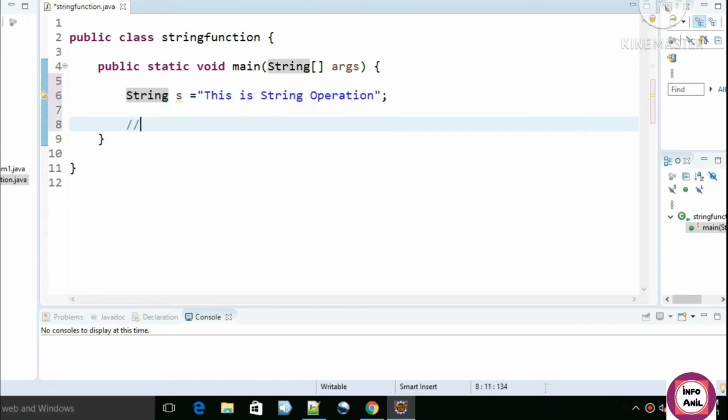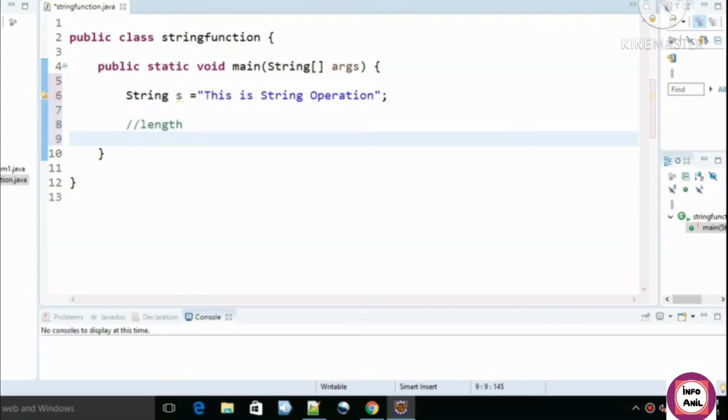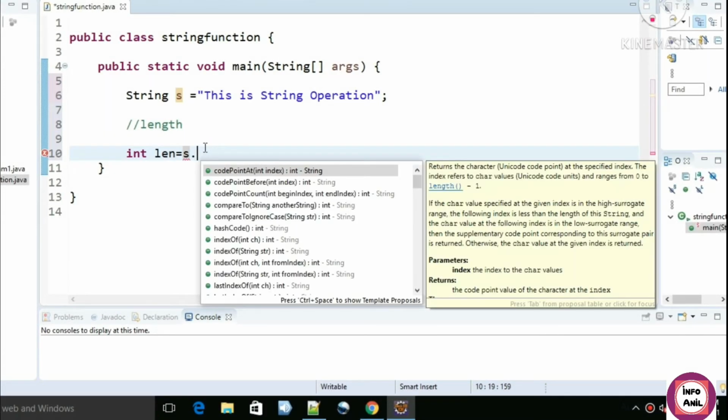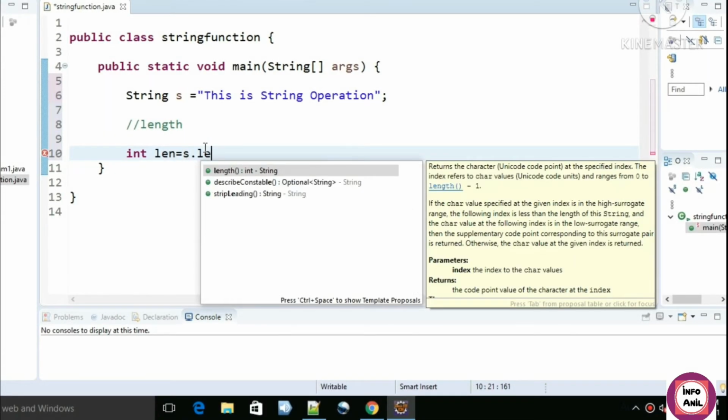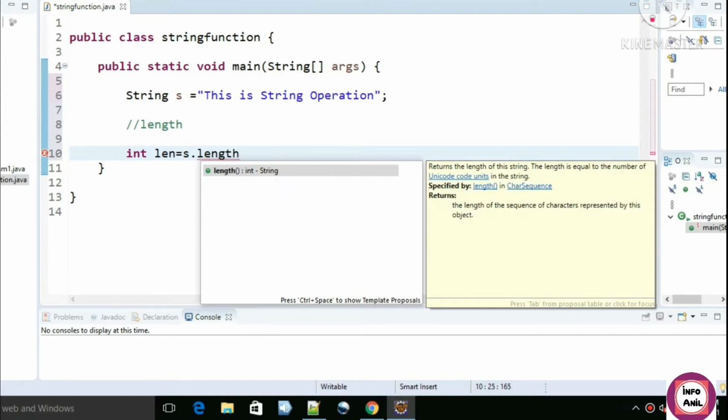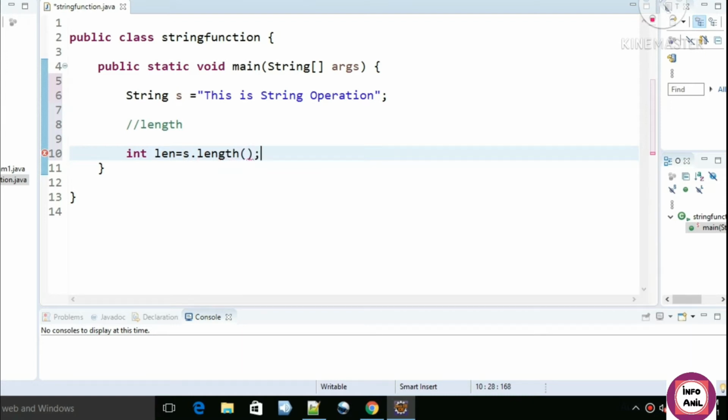The first operation that we will perform is the length of the string. The length that we will get will be an integer, so I will declare int length, which is equal to s.length.